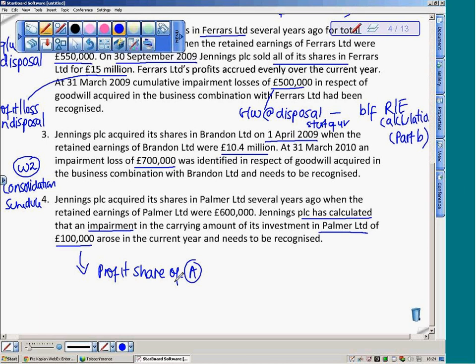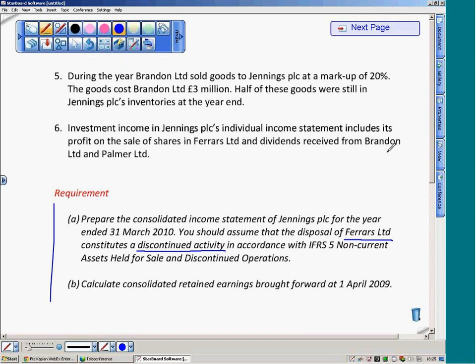Now, if there's an impairment with regards to our associates, we're going to process that as a reduction to that calculation. Okay, so you'll see that in my numbers. Now, those continue over the page to tell us in note 5, during the year Brandon selling goods to Jennings. Oh, you've got the subsidiary